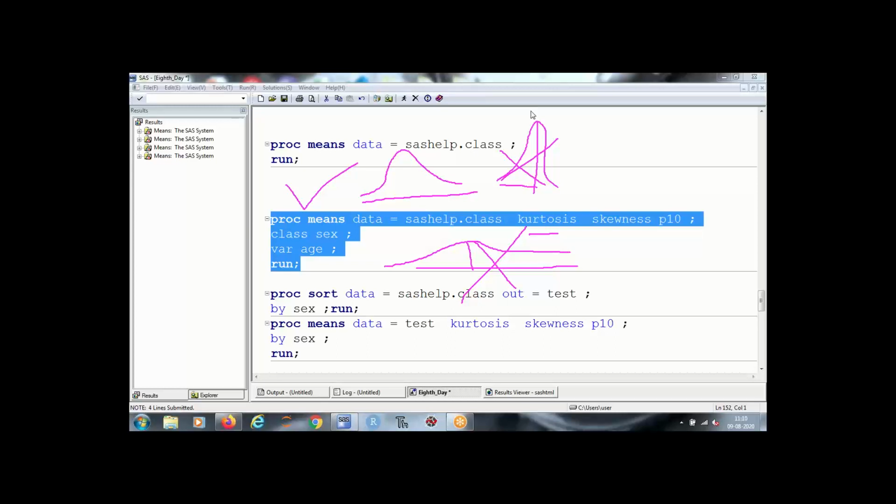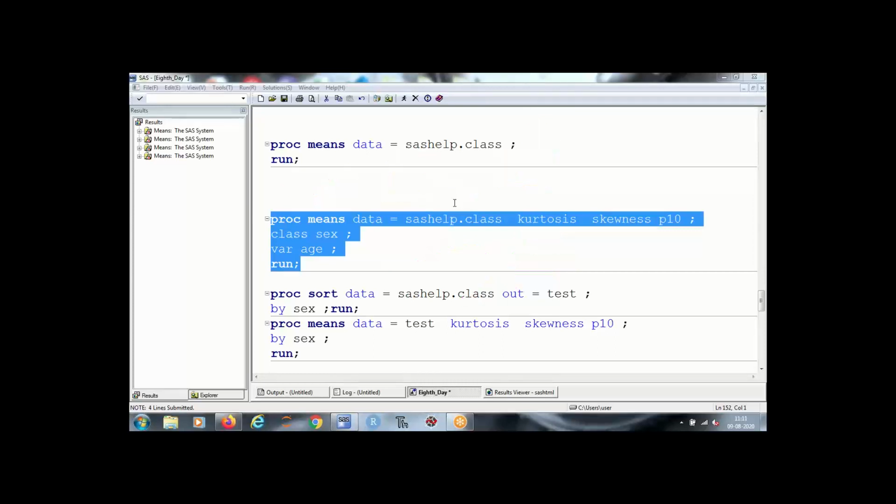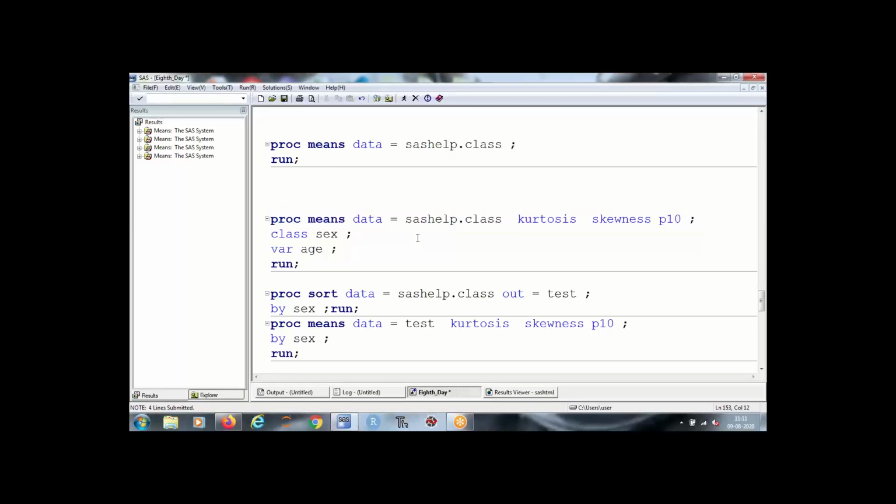Any question on this? All right. Similar to your class statement, you can use a by statement. Again, to run a by statement, you need to use proc sort.